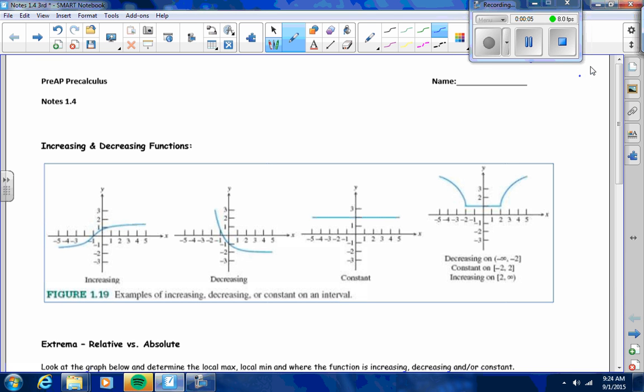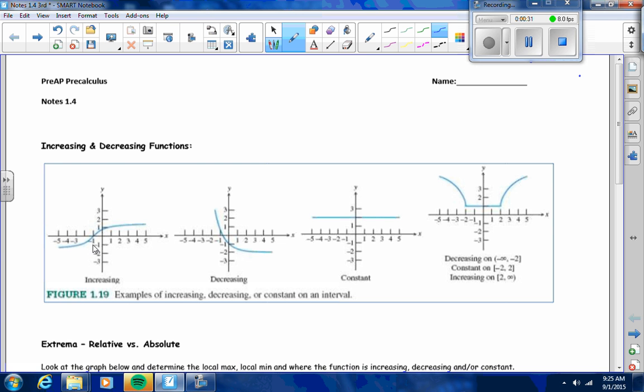Section 1.4 is dealing with more properties of functions. The next property we're going to be looking at is where is the function increasing, decreasing, and where is it constant? If we look at the very first graph listed here,